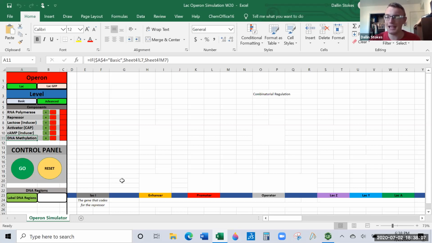It's called methylation, not to be confused with methamphetamine or meth, the drug. It's called methyl. So we're methylating the genes, and what that does is it basically sticks these little methyl groups to the genes.